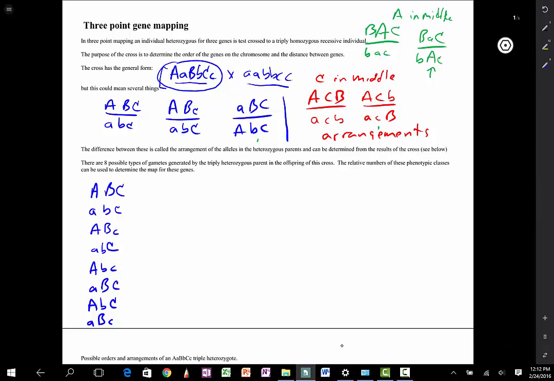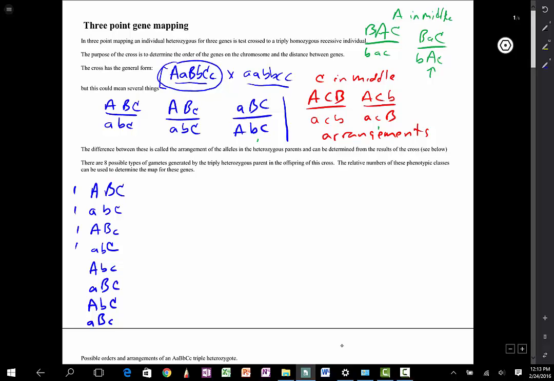And where do these things come from? Well, if the genes are not linked and they come from independent assortment, you'll get all 8 of those in equal proportion. So 1/8, 1/8, 1/8, 1/8. Because that's just like a trihybrid cross in that case. But if the genes are linked, it kind of depends on how things started out. We'll represent it here in sort of the simplest case scenario. So we'll look at how we get these different